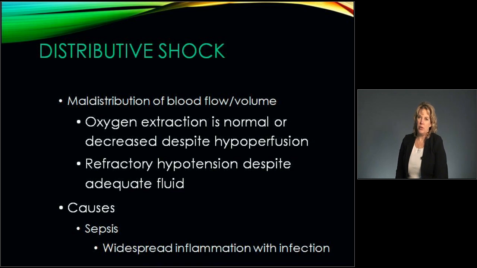That maldistribution, the vasodilatation, means the volume is kind of camped out in the periphery, and they have very low mean arterial pressures, and so then we don't have enough of a pressure gradient for the hemoglobin to drop the oxygen off at the tissue level. They have a refractory hypotension that is not responsive to adequate volume and fluid resuscitation. Oxygen extraction is severely